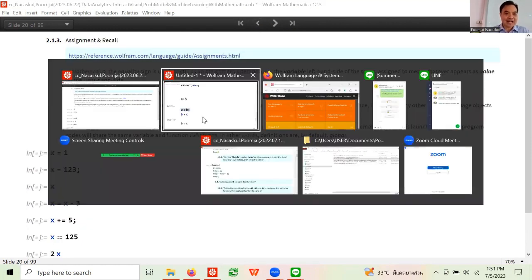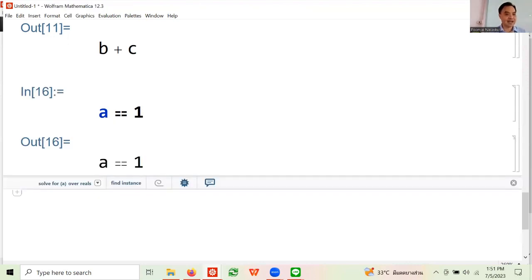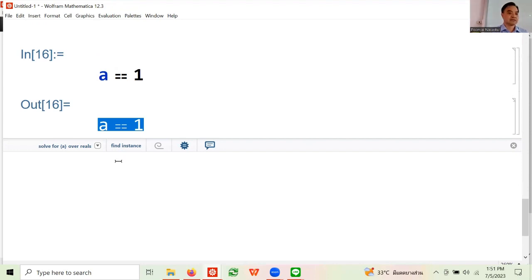So, another thing I should tell you right now. If A is equal to 1, this is an assignment. This is to say set A equal to 1. That's what the function is. But if I want the other function, I say, is A equal to 1? The notation for it is to make equal. I think Excel does this as well. Why does it not give me any answer?